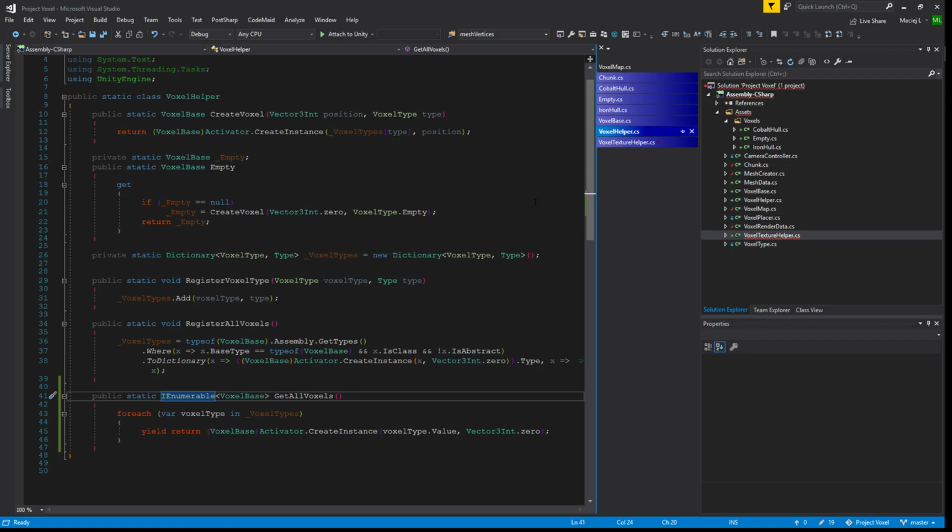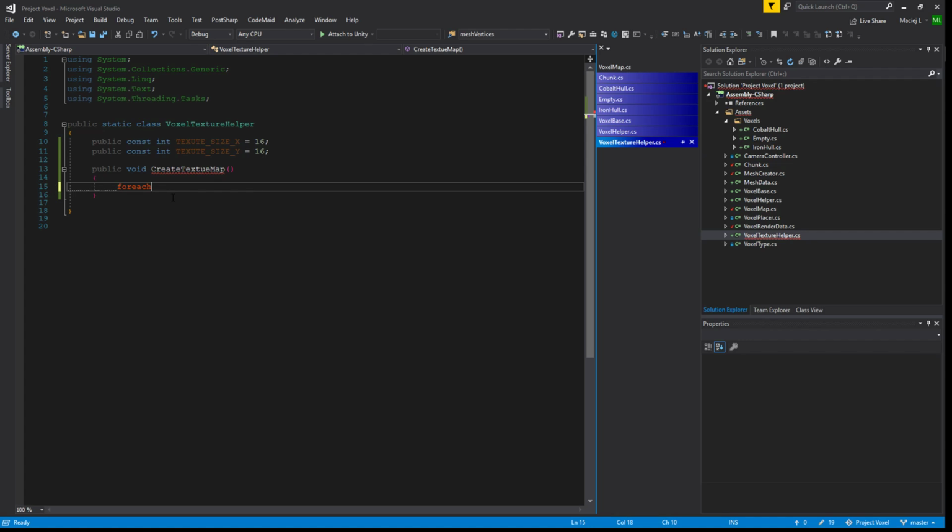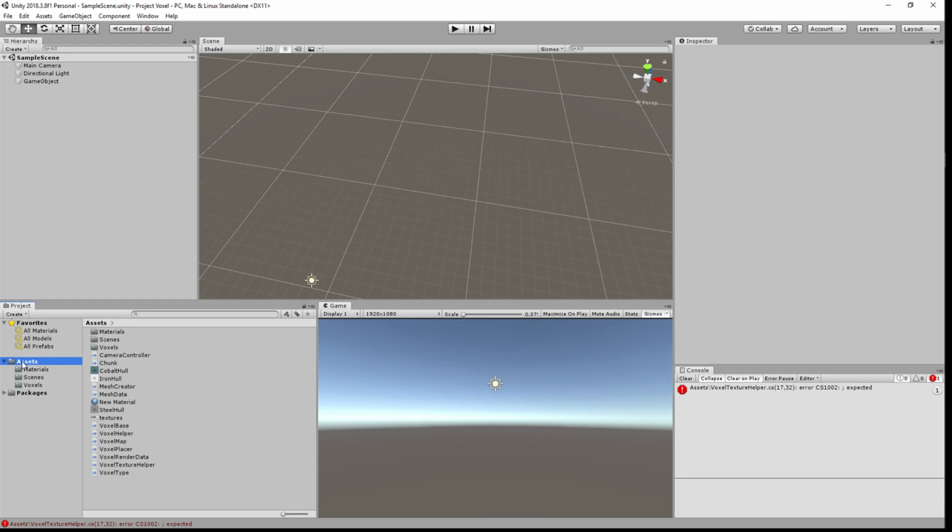So then for each voxel in voxelHelper.GetAllVoxels, we want to get the texture, so var path equals voxel.texturePath, but this is just a relative path. We'll create a folder in assets, or no,